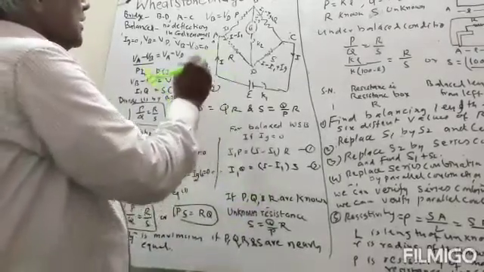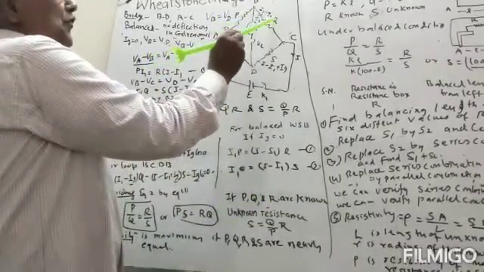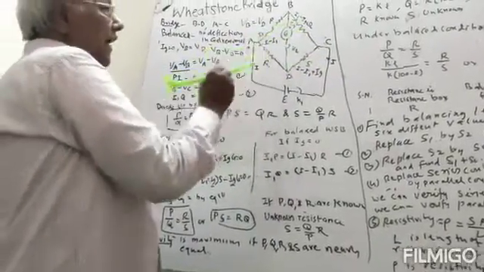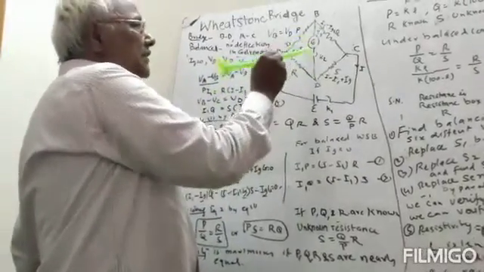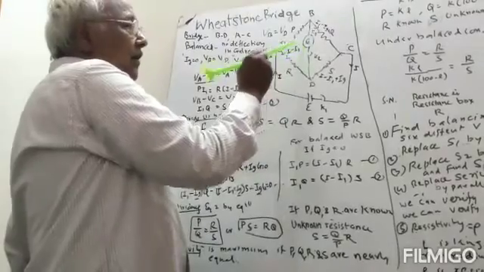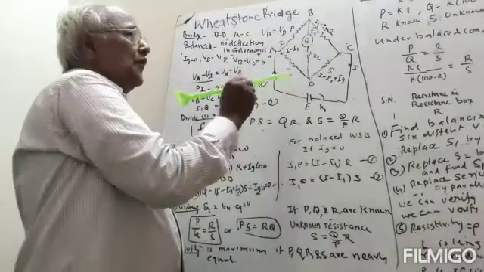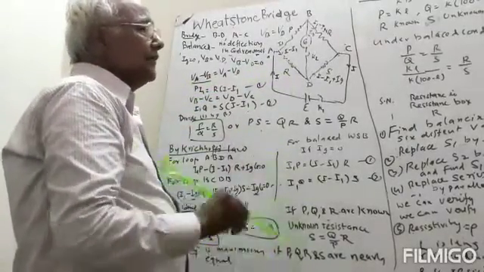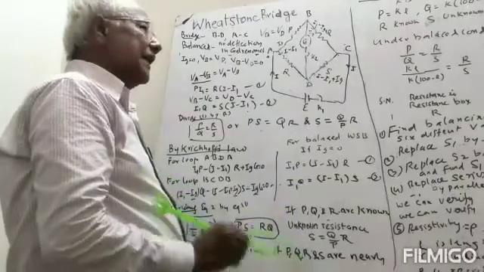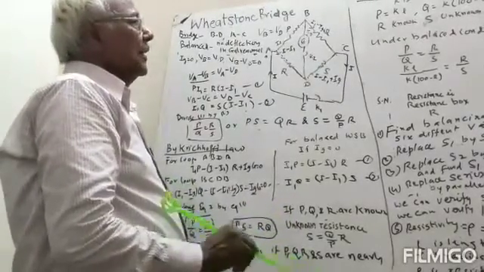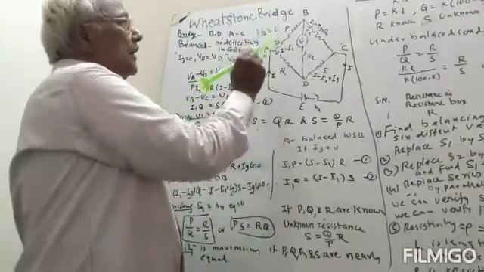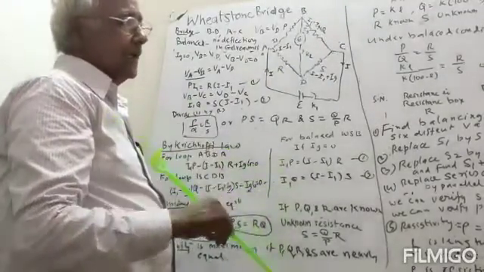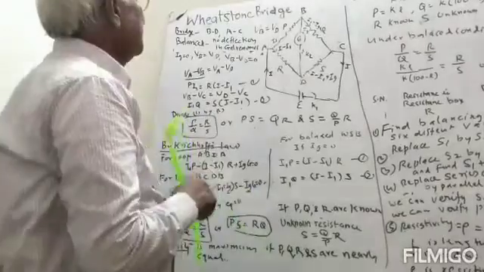So in that condition, we generally take P and Q fixed and we vary R and find the value of S. P and Q are fixed, and if we vary R, then the deflection in the galvanometer will vary. So if the deflection in the galvanometer varies largely by a small change in R, then we will say that the Wheatstone bridge is sensitive. And that condition will be only and only when the order of P, Q, R and S are almost or nearly equal. So this is about the Wheatstone bridge.